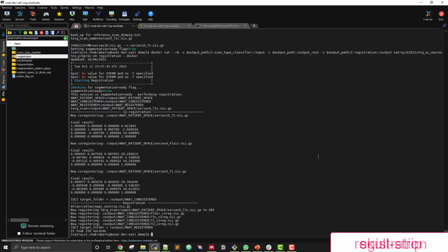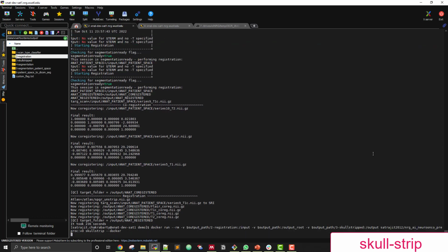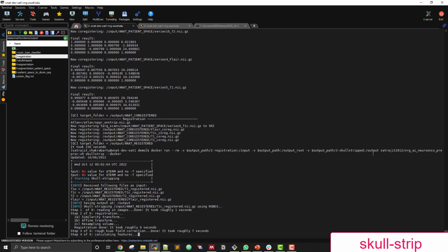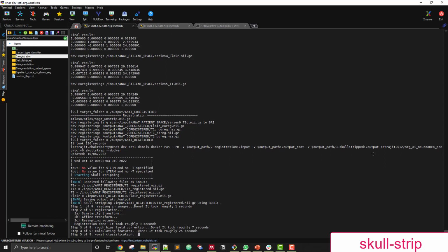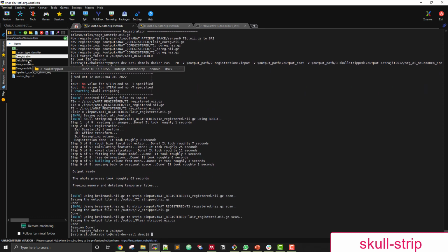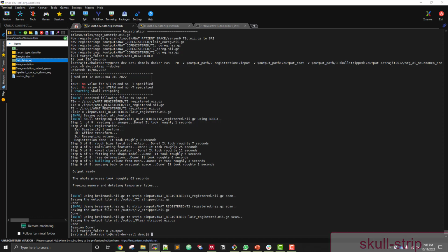Next, we run the skull stripping. The skull stripping took about 1 minute, and it created all these underscore stripped files within the skull strip directory.